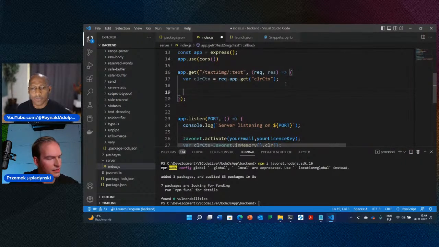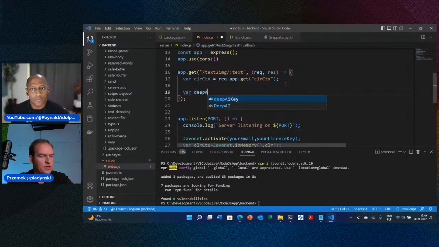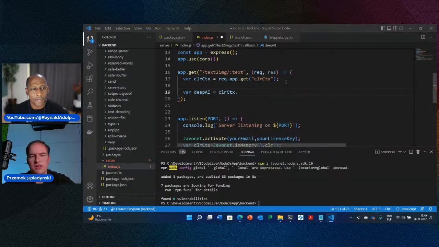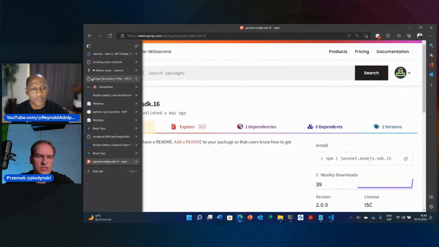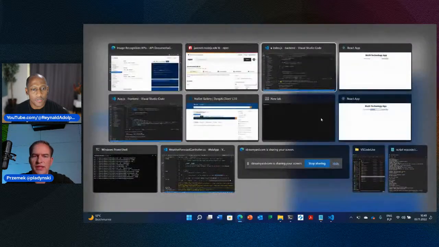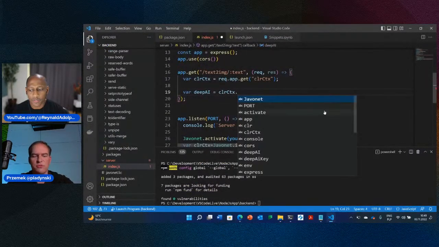Okay, and now we can create a DeepAI client with Javonet. So how do you know how you can interact with this object from JavaScript? The answer is, in fact, to just go to the documentation for .NET. If something is created for .NET, you go to the documentation of .NET and you just use it in any other language, using that documentation.